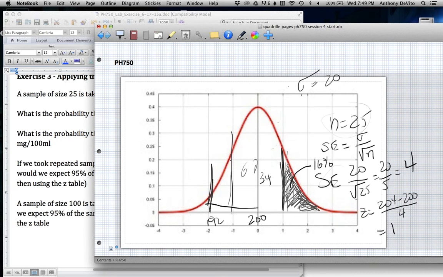So this is half of 95%, right? So this is 47.5%, and we know this area in here is 34%. So the area between 192 and 204 is 47 plus 34, which is